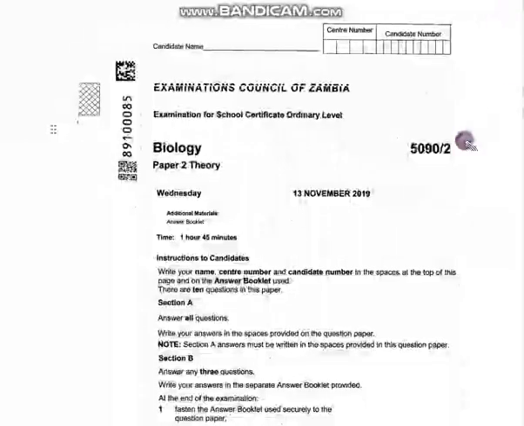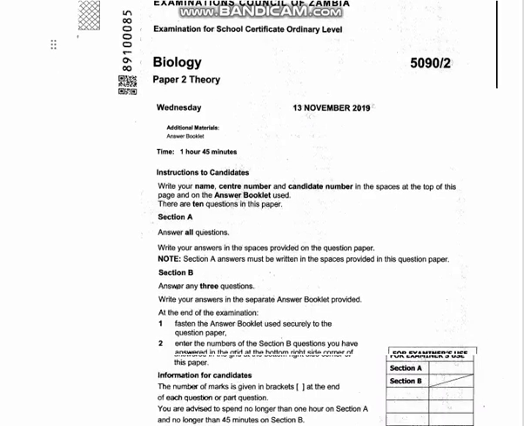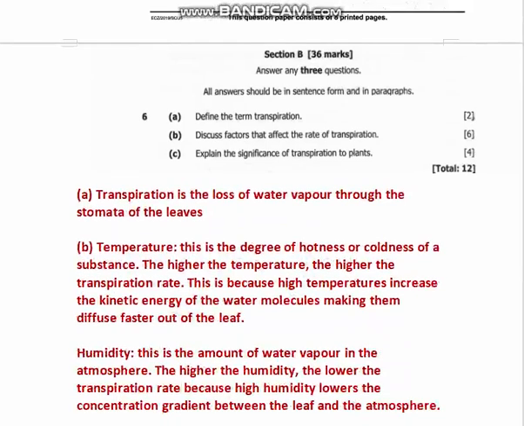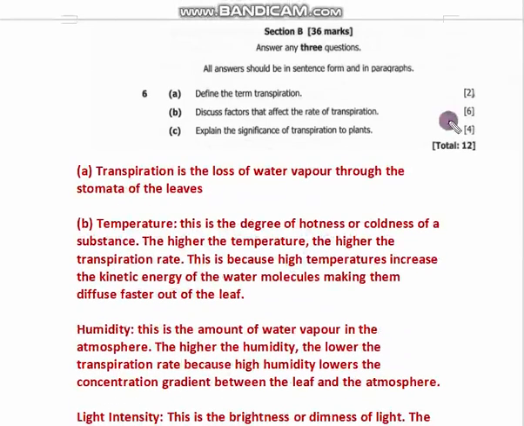Okay, in this video, we're going to look at a biology paper 2 theory, which was written in 2019. So we're going to look at section B. We already did section A, so in this video, we're looking at section B. So section B, the first question of